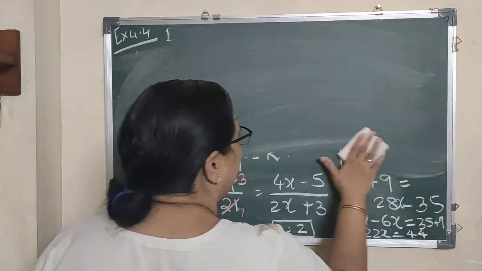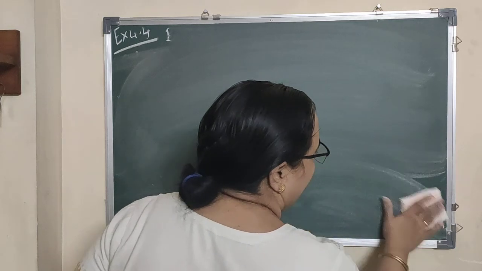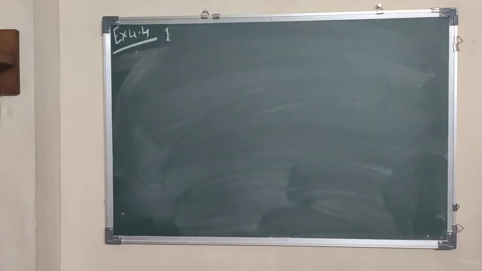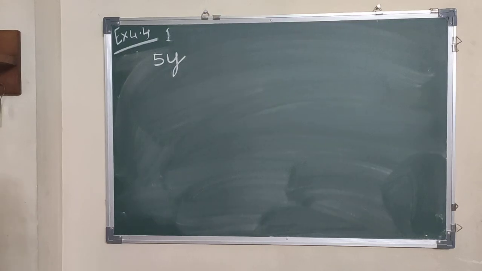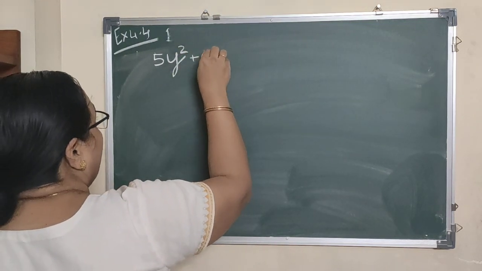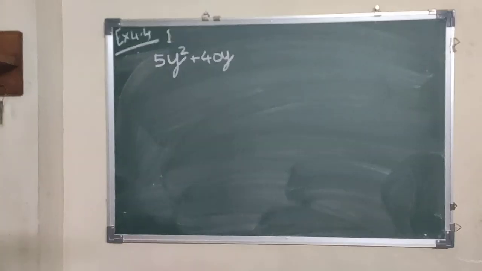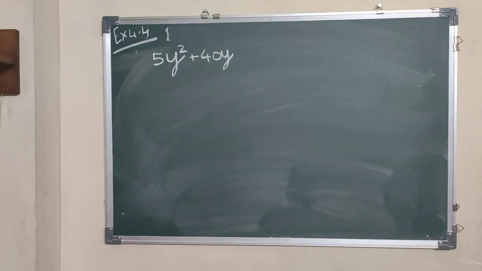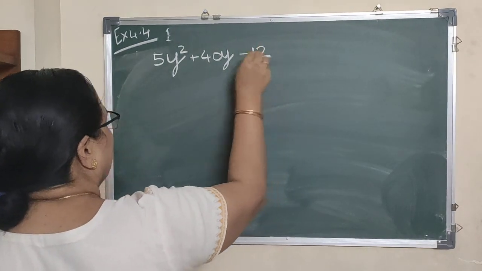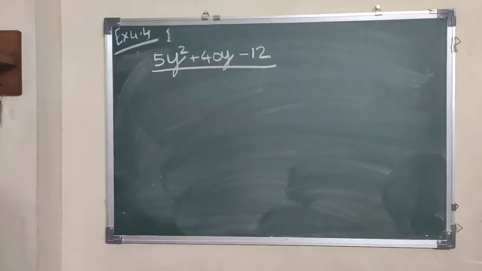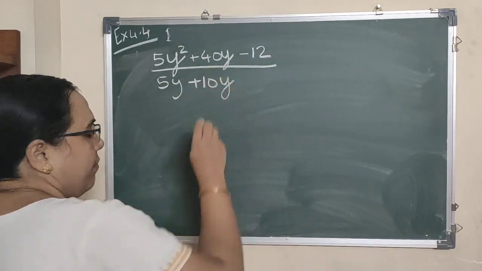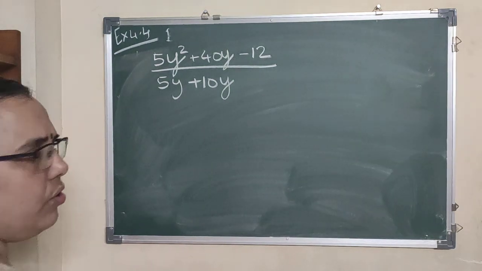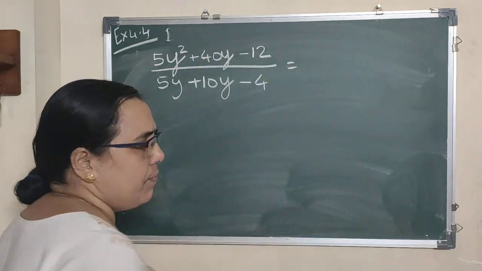I'll just give you the hint for the second one, but you are doing it on your own, right? So the hint for the second one is 5y plus 5y square plus 40y minus 12 upon 5y plus 10y minus 4 equals